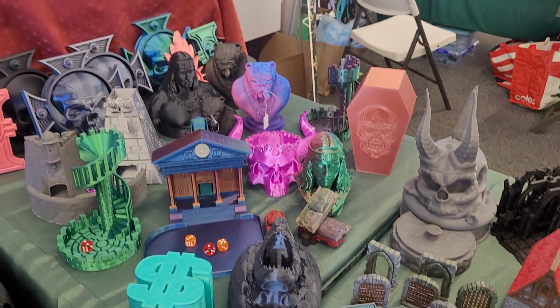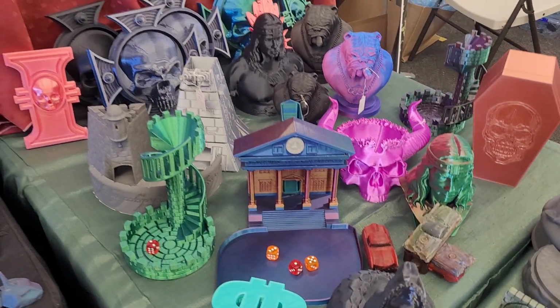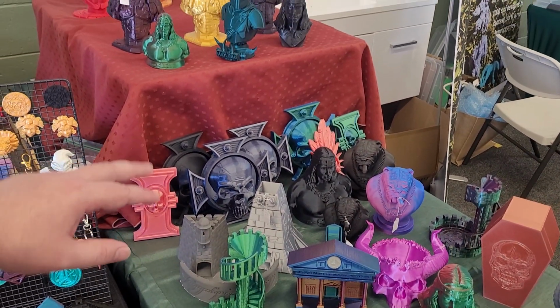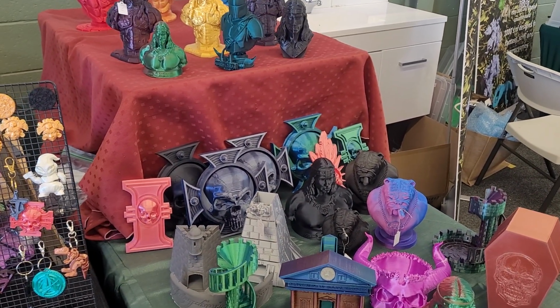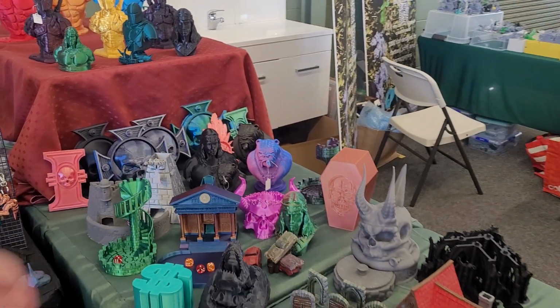We got a Back to the Future dice tower that glows in the dark on the clock. We got some magnets in the back there, the crosses and Inquisitor badge. We got Conan the bust and some dog busts, a coffin skull box, and